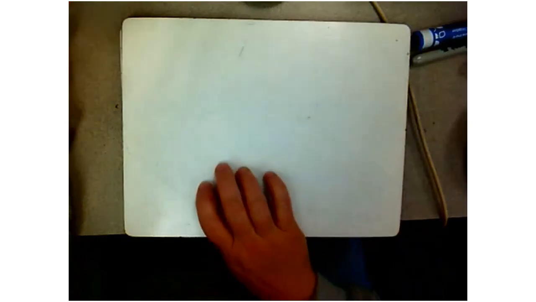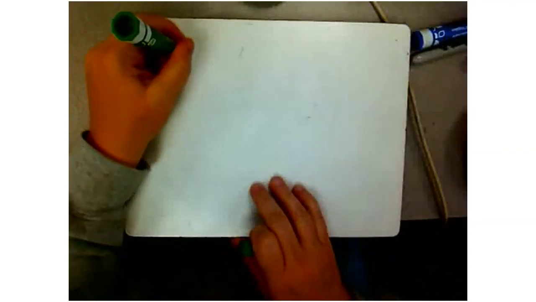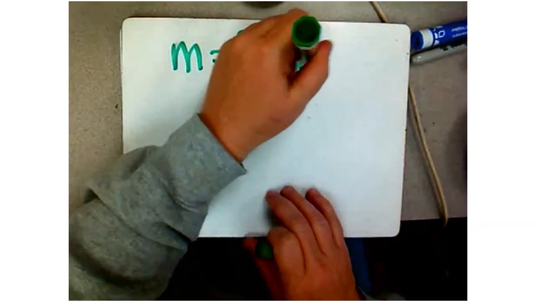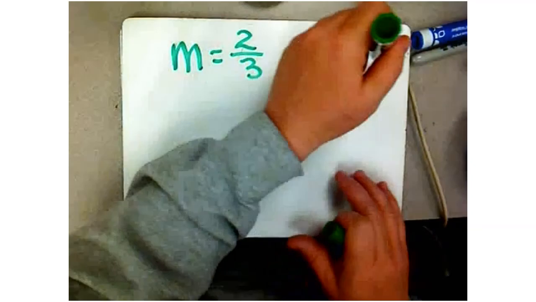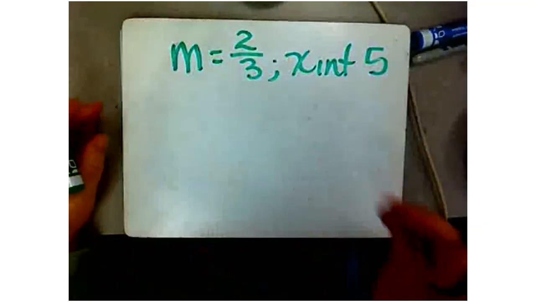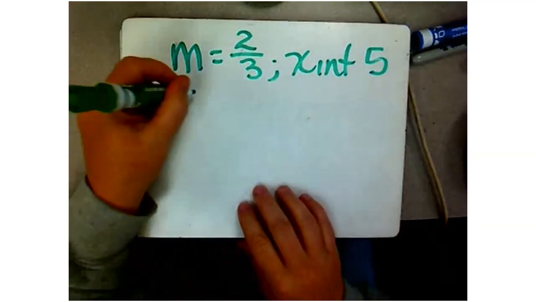Our slope is, let's say, 2/3, and we have an x-intercept of 5. Right? So those are the two pieces of information we're given, and we have to write an equation of a line. Y = mx+. So we're going to do something